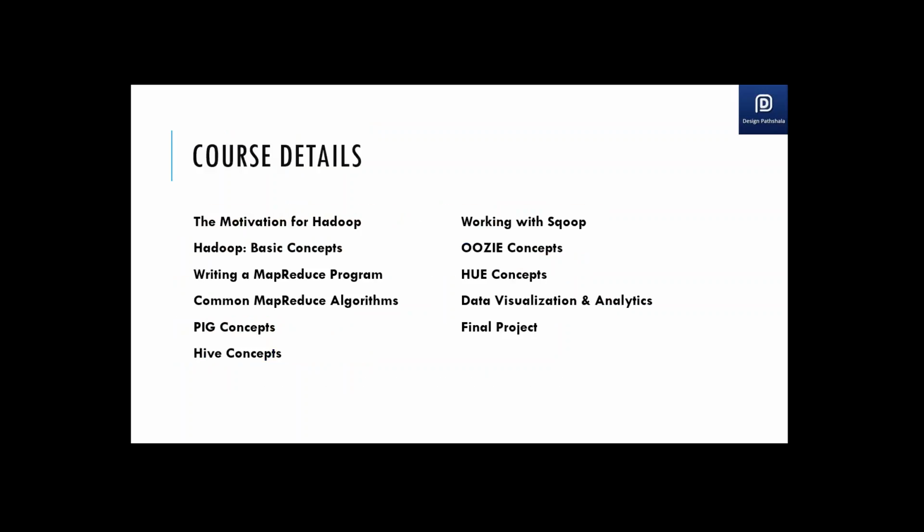I'll browse into the course which we will be covering. I will be starting off with the motivation for Hadoop. What exactly is Hadoop, where it's used, why there is so much euphoria about processing of big data. Then moving on to MapReduce. MapReduce is a framework which helps you process the data on Hadoop, with HDFS as the file system. So we'll be looking at MapReduce.